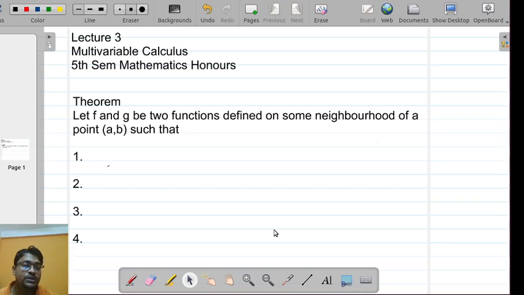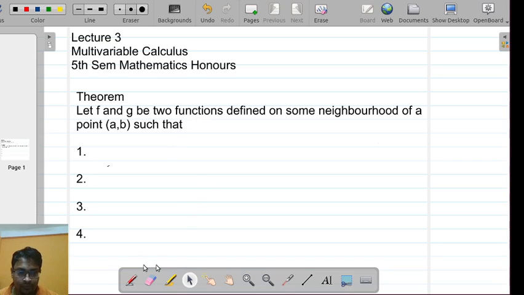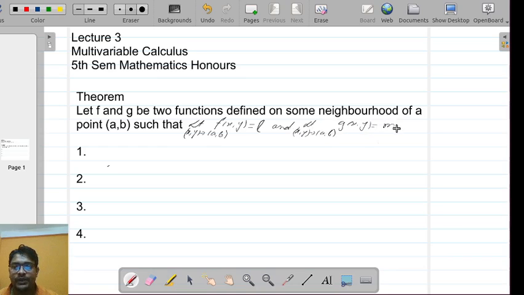The theorem is this: let f and g be two functions defined on some neighborhood of a point (a, b), such that the limit as (x, y) tends to (a, b) of f(x, y) is equal to L, and the limit as (x, y) tends to (a, b) of g(x, y) is equal to M. Then